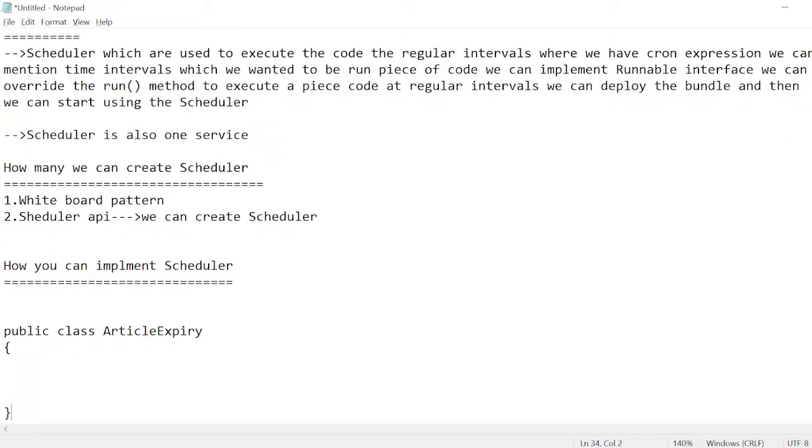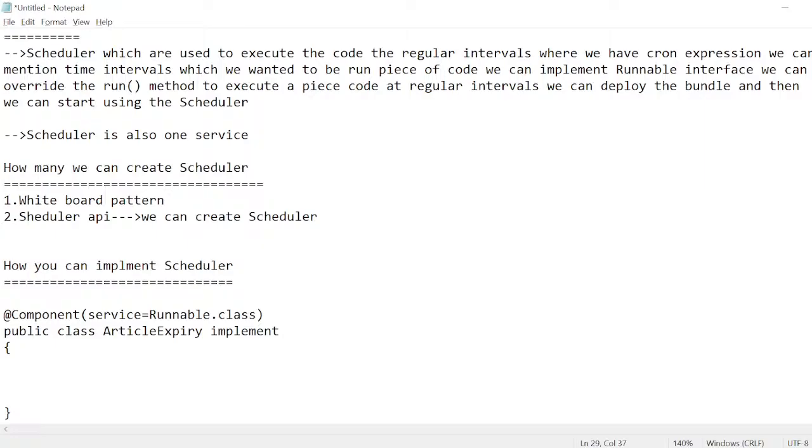This is a normal Java class, and I need to convert it. So I can mention @Component, and the scheduler is also a service, right? Yes. Then you have to mention service equal to Runnable.class, and